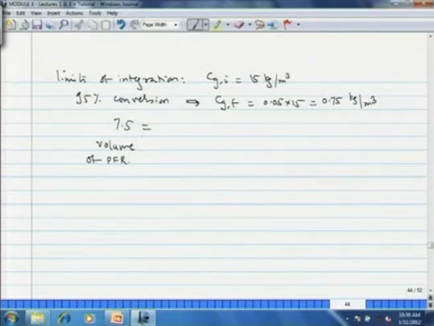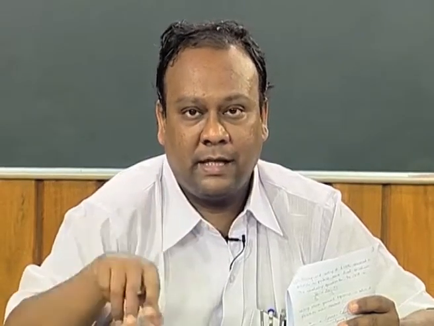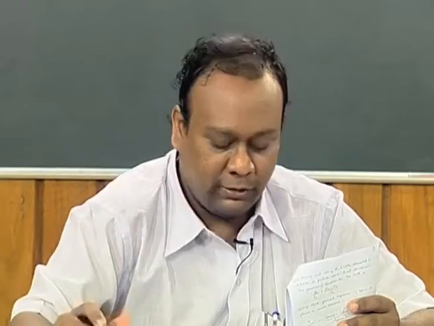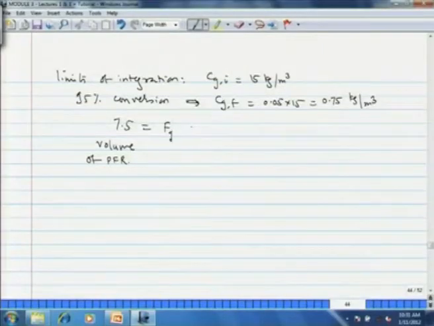Now 10 meter cube was the volume of the batch reactor, but it was filled only to 75% of the volume. So the working volume was 7.5. We have to find out the flow rate for a PFR which has the same volume as that in case of batch. So we do not take the 10 meter cube total volume of the batch reactor, but the 7.5 meter cube working volume. That becomes the left hand side of the integral, that F glucose, and the integral is 2.947 into 10 to power 3. This is what you get, in seconds, and then you convert it into hours.